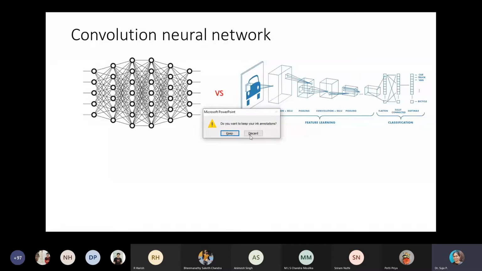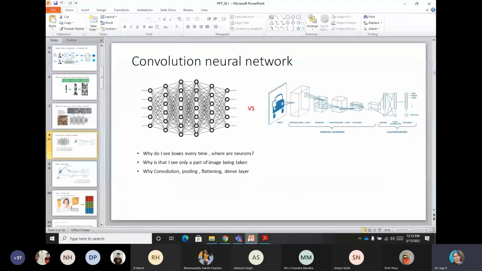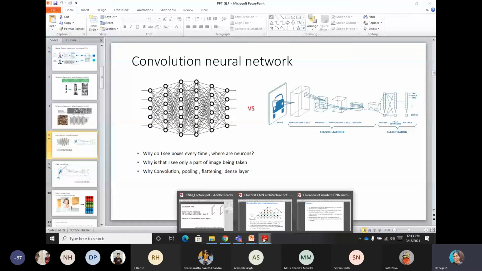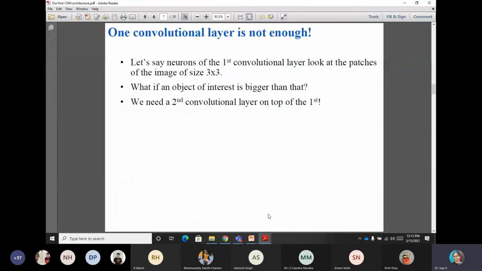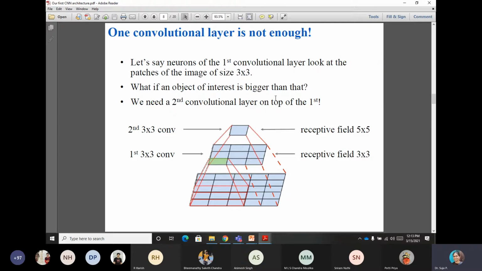Let me explain the rationale for why we need a bigger size. One convolution layer is not enough. Why do you need a next convolution layer? What if an object of interest is bigger? That is why we go for a second convolution layer, where you take more information from the receptive field.